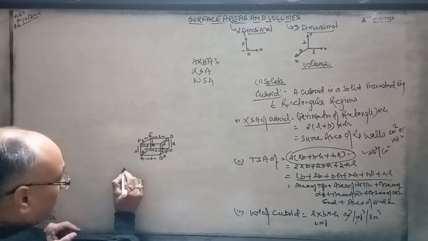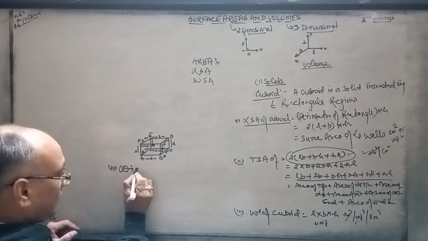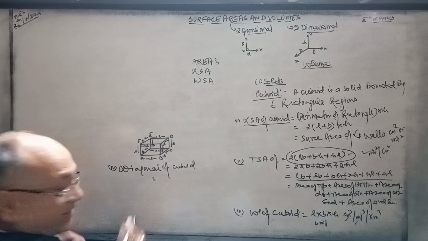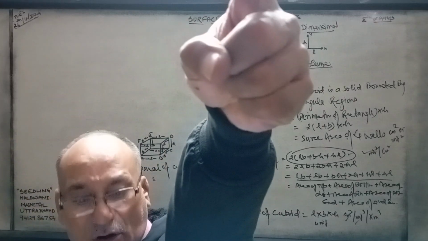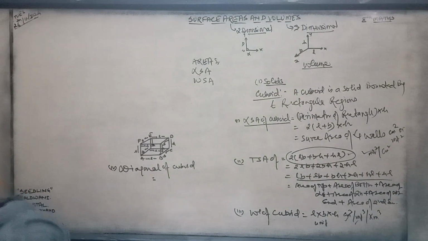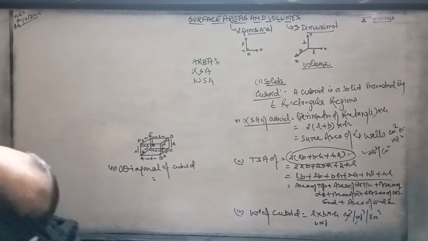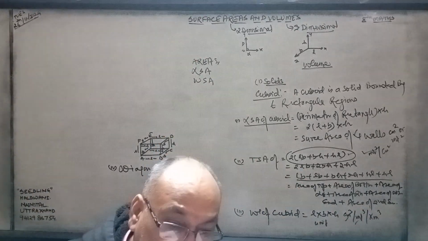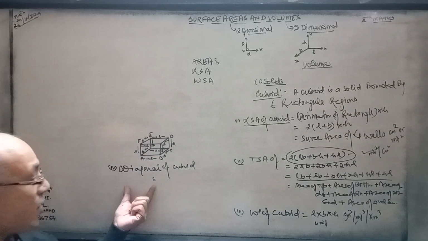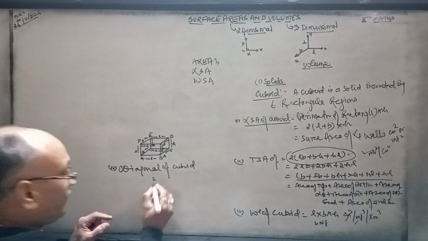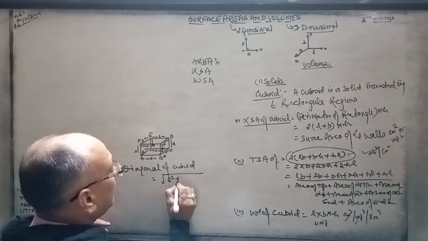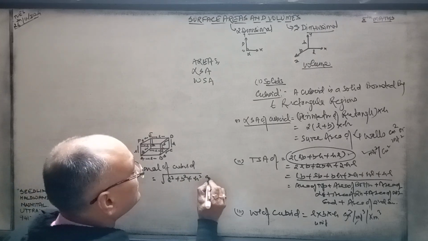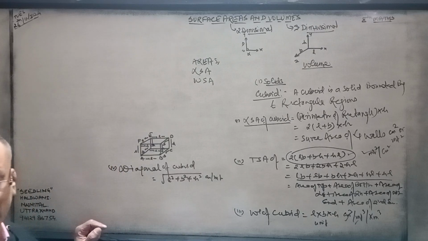Now the fourth one is diagonal of cuboid. ये देखिए diagonal of cuboid, ये फॉर्मूला याद है? The longest rod which you can keep in this room is from there to here, either that top to that corner, or from this below to that top. So that is the longest rod. Now this is verified. So that is your L square plus B square plus H square, and it will be either in centimeter or meter only. Got it?